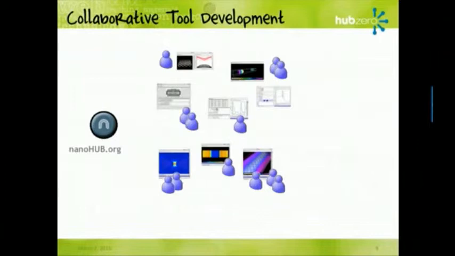So imagine, these are all the little teams. Each one of these is a different tool project. Some projects are maybe just a single developer, some have a few, some have 10. You'll typically see a team size of about 3 to 5 people working on a little software tool like this on nanoHUB. Now imagine for a second, every time they touch the source code and check it into Subversion, you see the tool kind of wiggling around a little bit. And you'll see this in a minute.